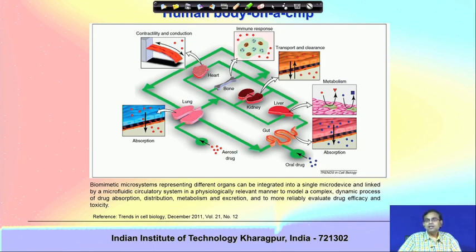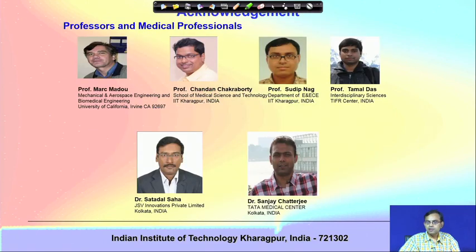If this human body on a chip is effectively used for drug trials, then expensive or involved animal trials, where there are a large number of ethical and other issues, could be minimized. Those could only be made in the last stage, but in between, engineered devices could give answers to outstanding biological problems, and that is what biomicrofluidics research is all about.